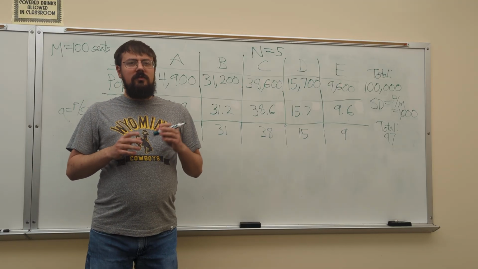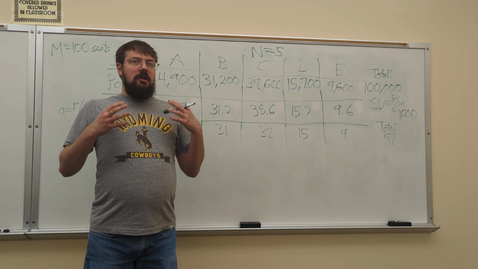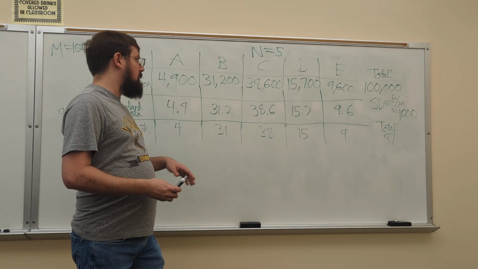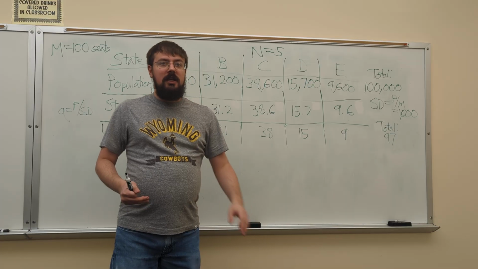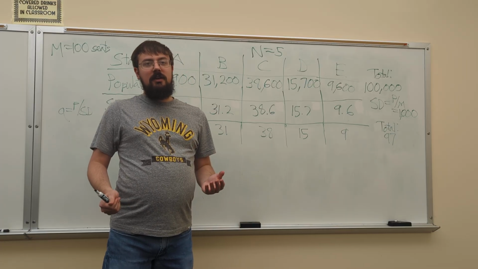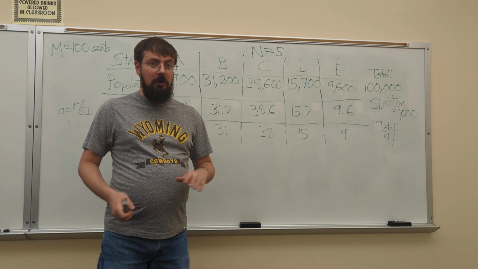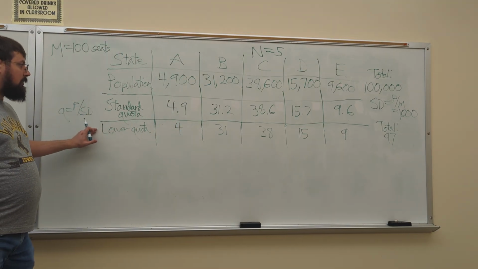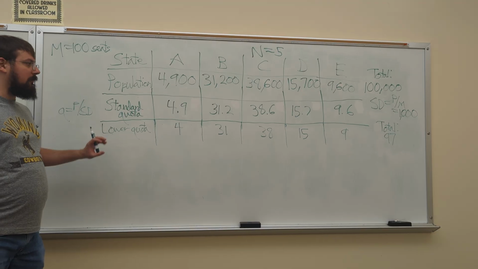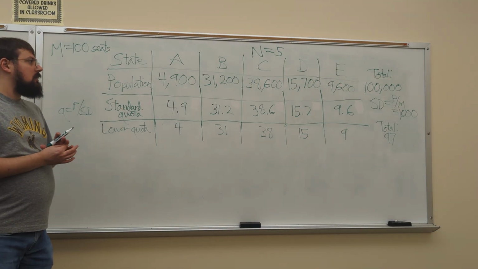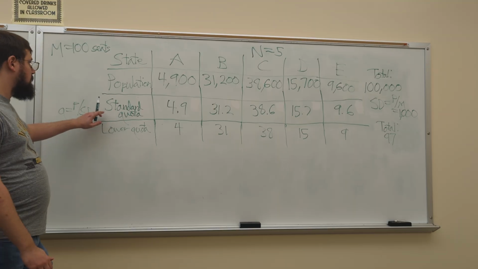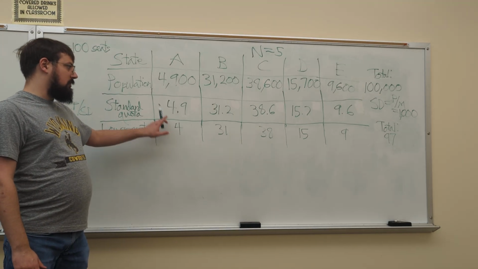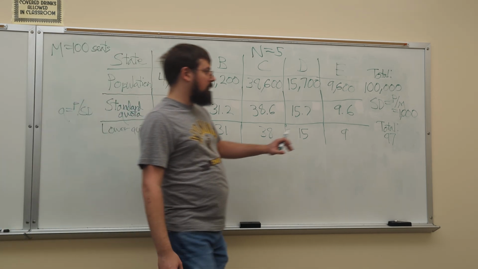So Jefferson's method basically relies on having a modified divisor that we divide all of our populations by to get modified quotas, and then giving every state its modified lower quota. Now, as you can see, I have written on here the standard quota and standard lower quotas for all of these states. And if we use the standard divisor of 1,000 and basically calculate the lower quotas based on the standard quotas, we end up with a total of only 97